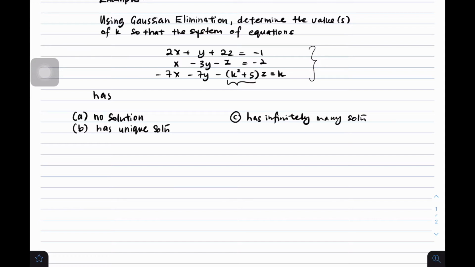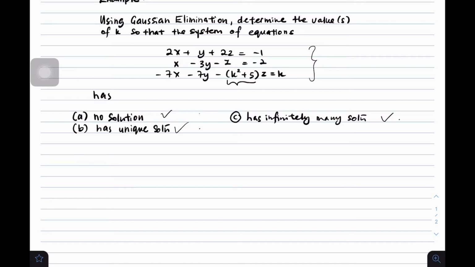Okay, so that your system has no solution for A. For B, your system has a unique solution, and for C, your system has infinitely many solutions. Okay, so what the question asks you is to find the value of k so that your system fulfills all of these conditions. Okay, so as we discussed before, the first step you need to do is